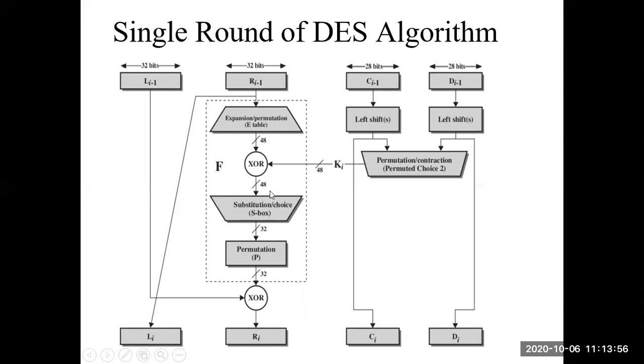After that, the 48-bit result of the XOR is passed through substitution boxes or S boxes. We are going to use substitution boxes, and every substitution box gives a smaller output. Finally, I'll show you how it is implemented. Maybe it is 8 substitution boxes with 6-bit input. I'll just check. Yeah, 8 substitution boxes with 6-bit inputs, and every 6-bit input is converted to a 4-bit output.